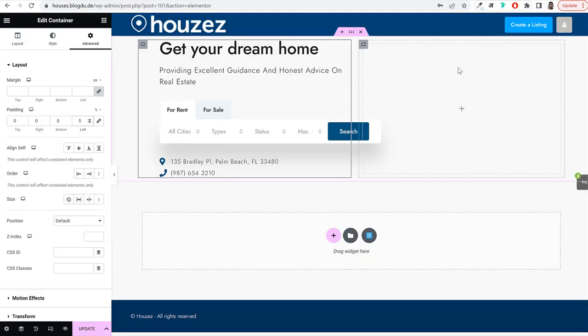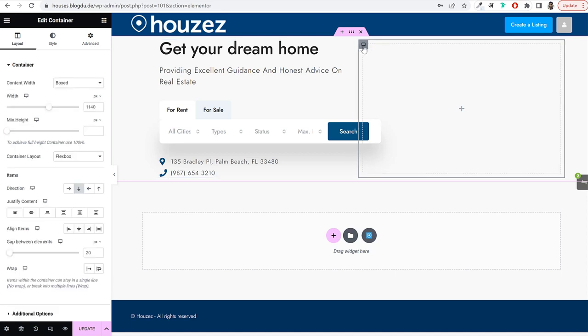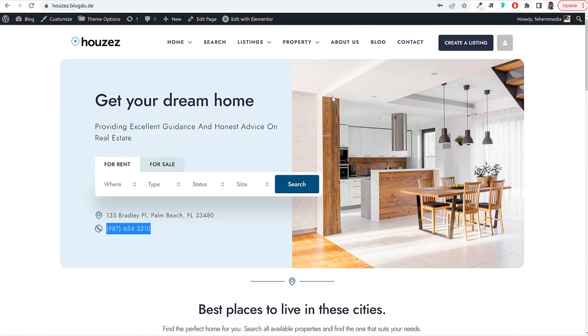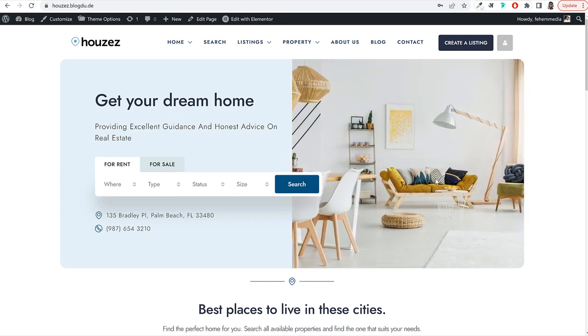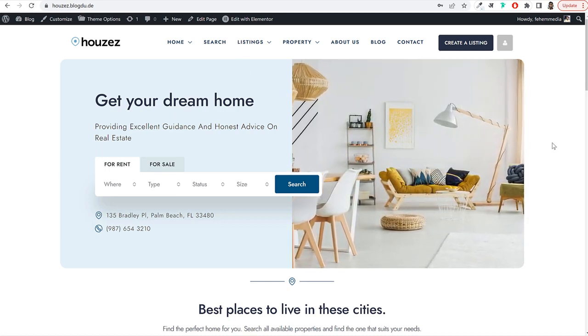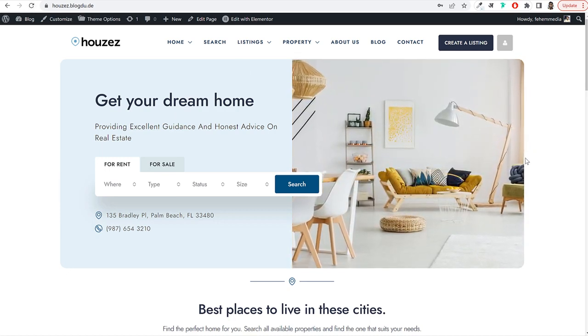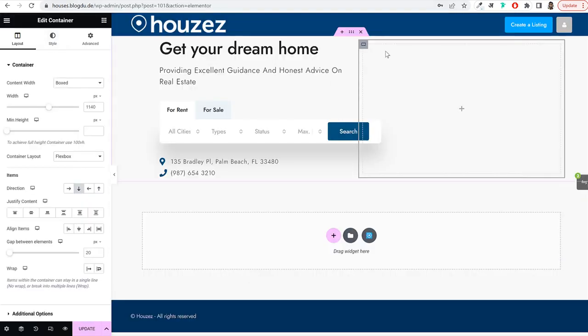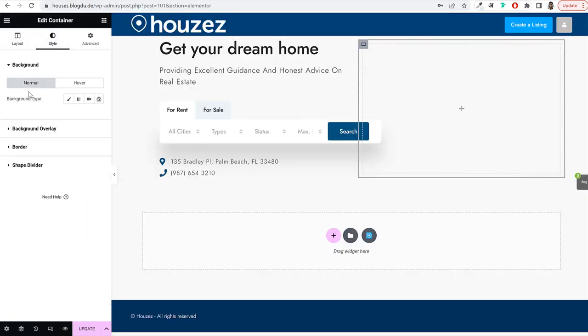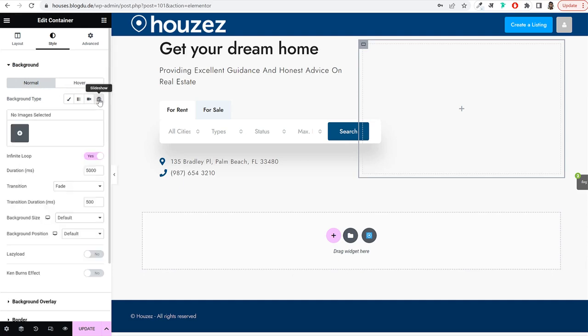Now come to the right hand side, select the right column. Okay, select this option, edit container, right container. Now in the background, we want to add this thing. If you see properly, if I refresh this page, this is actually a slider kind of thing, and you have a little bit of zoom in animation. So to add this, you'll go to style and under background, you'll select slideshow, and we can